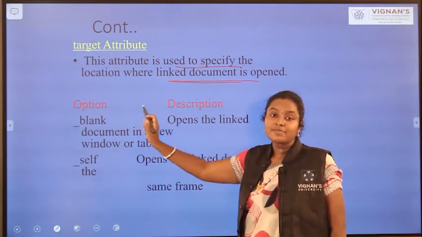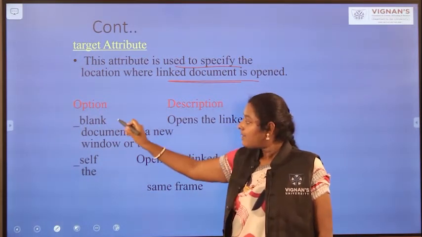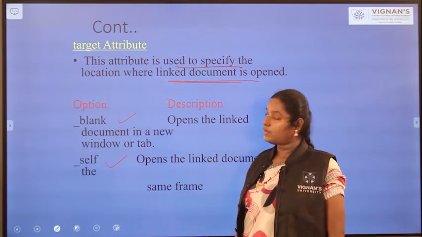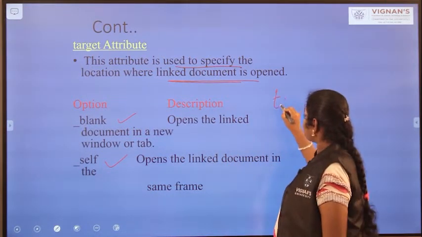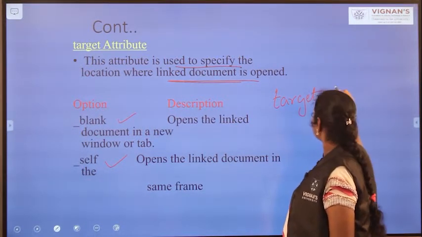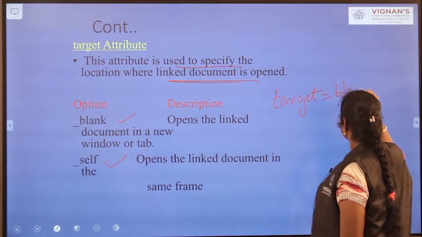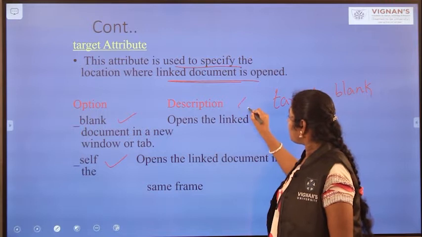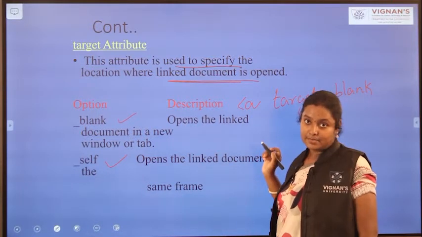There are two options for the target attribute, that is blank. Next one is self. If you give target equal to blank, where do you have to give this target attribute? Inside the anchor tag.